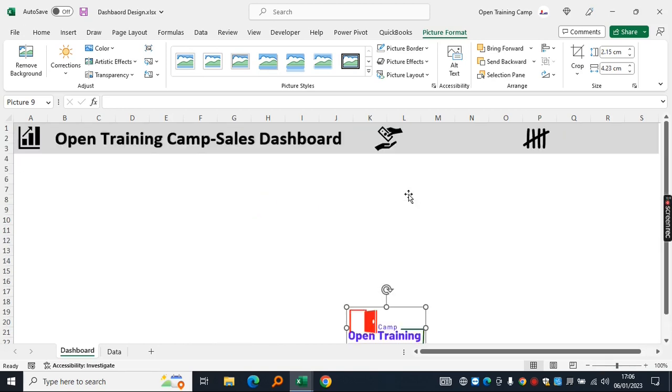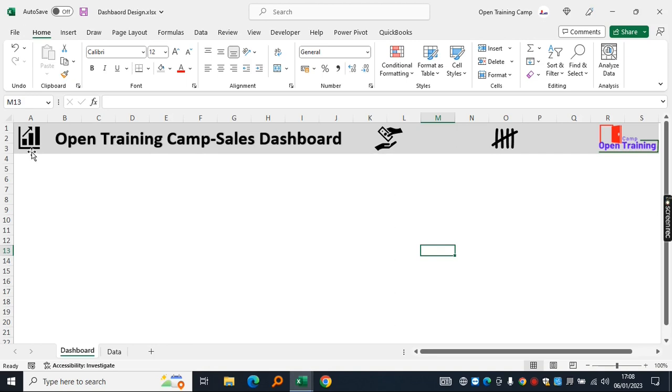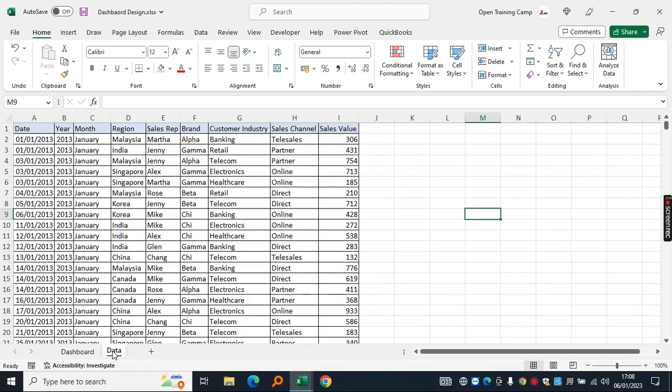I can move until I get my desired size, and then I can carry it and place it right there on the top. I can extend this one right here. The top section of our dashboard is starting to take shape. Now, what I need to do is to come over to the data sheet and convert this data set into